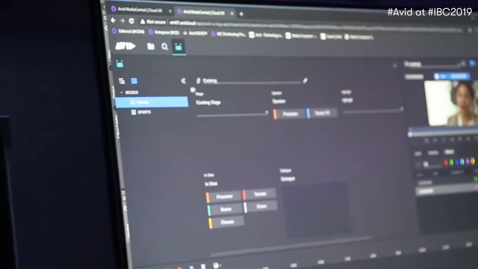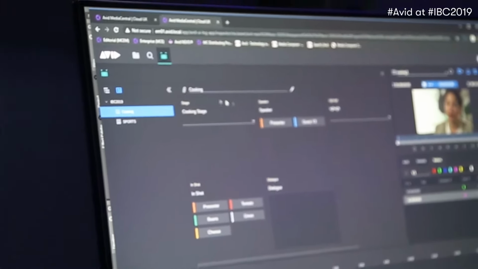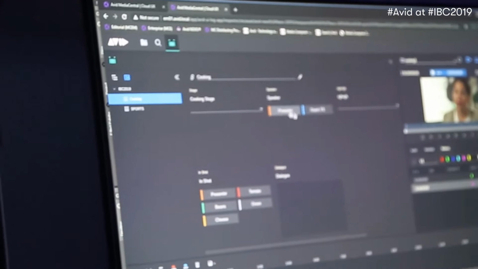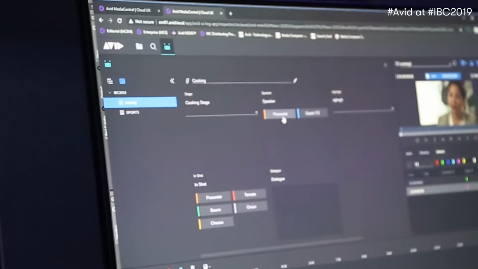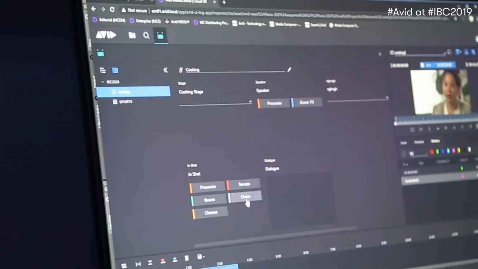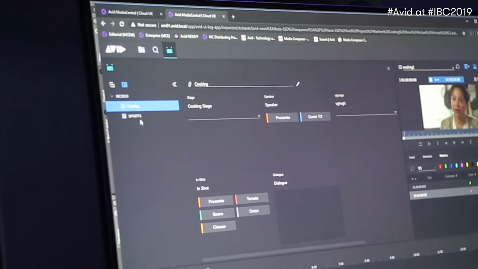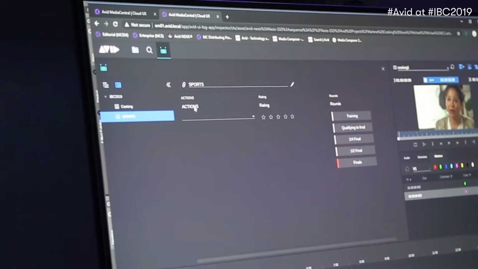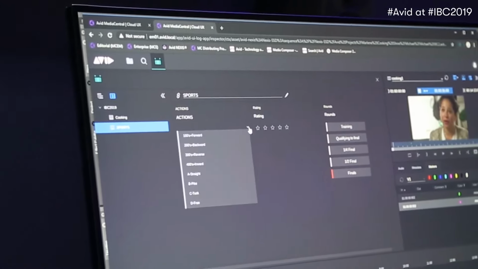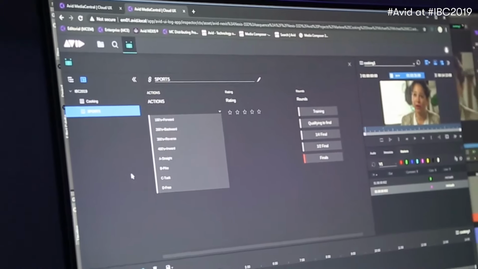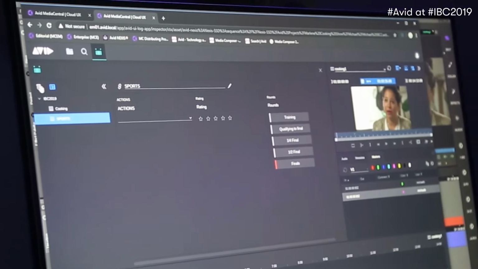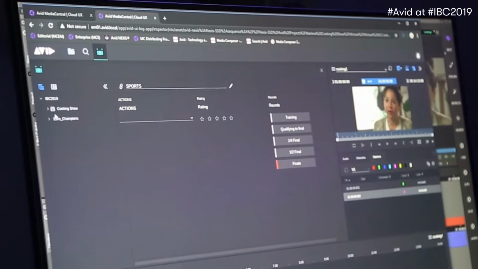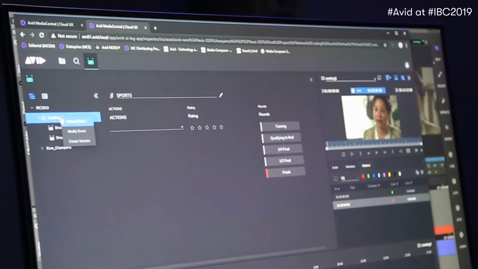So I've had a preset of one, so you can see for the cooking, I may have things like the presenter or maybe the credentials that I want to use. Or if you may have a sport event, there might be some actions or some drop downs that you can choose,